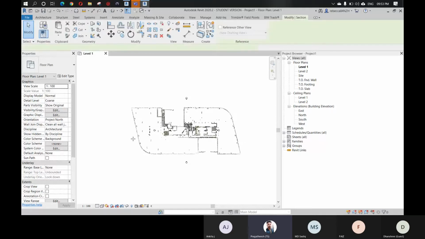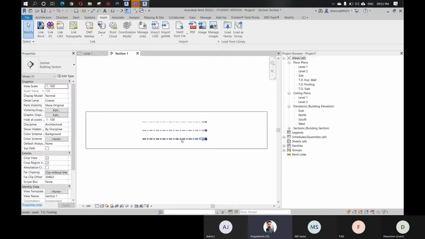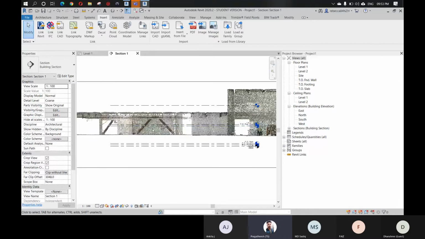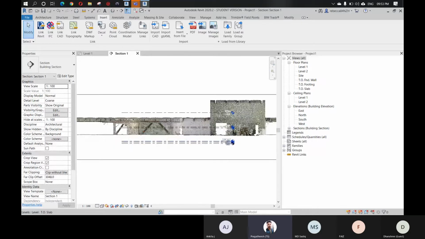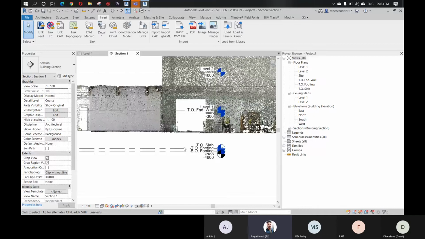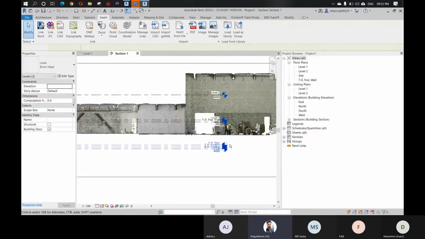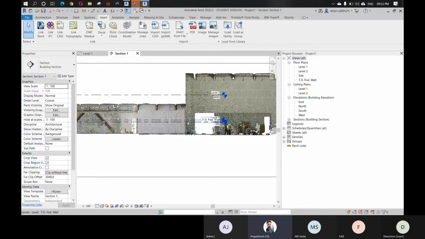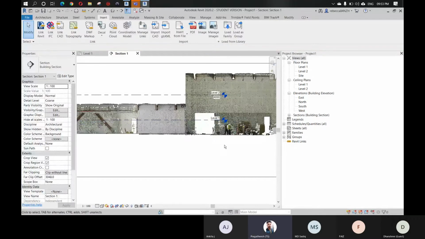For that, take a section. From the section, you can see there are some default levels available here. If you want, you can use them, or else I'm just showing you an example.